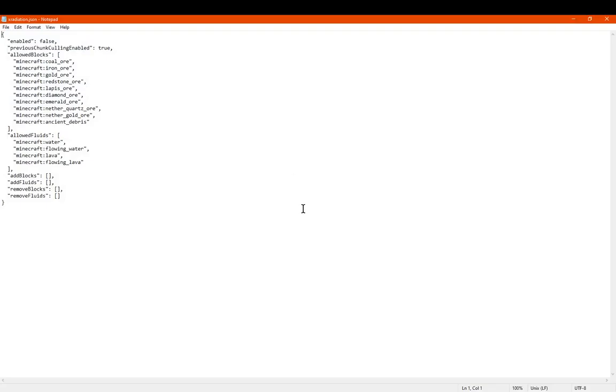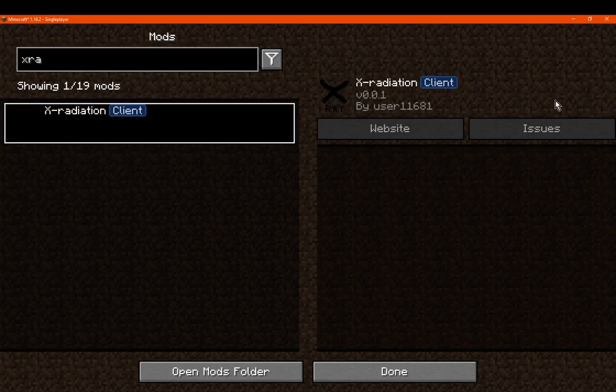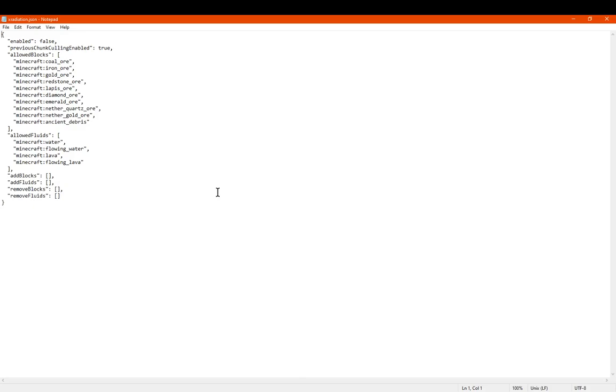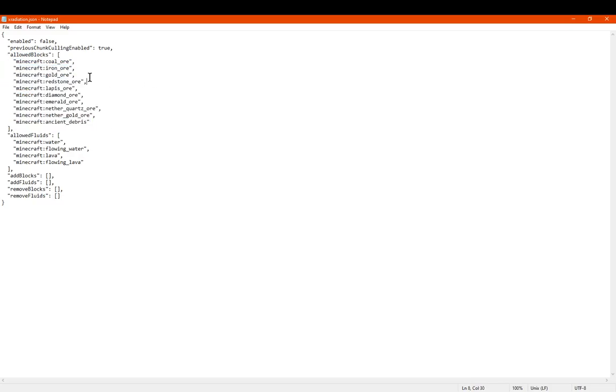There is a config though, but you can't access this via mod menu. If you check here, you can see there's no icon there. But this is pretty much just going to list those that are going to work with it. So these are the default here. All the different ores, including even ancient debris for netherite. And you've also got the chunk culling enabled setting and enabling or disabling the X-ray in general. You've got fluids that can be seen, and you've got add blocks and fluids or remove blocks and fluids, as I assume certain